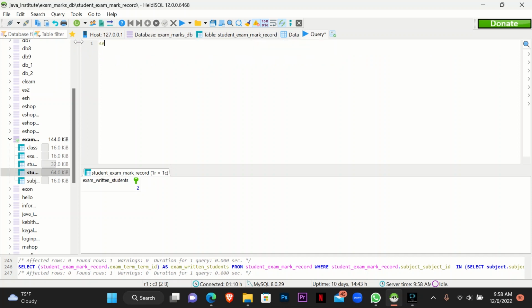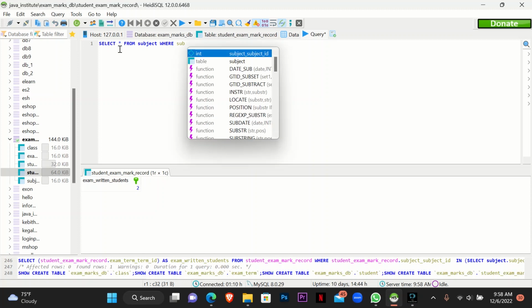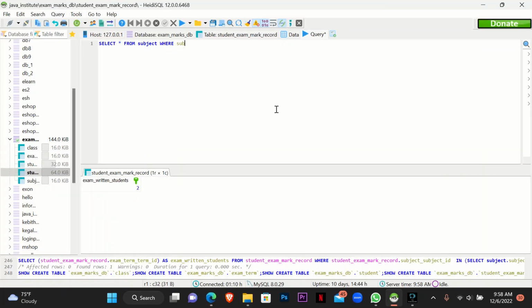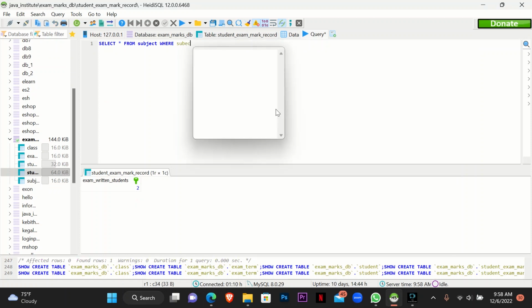So I am going to write select all from the subject table, where subject ID